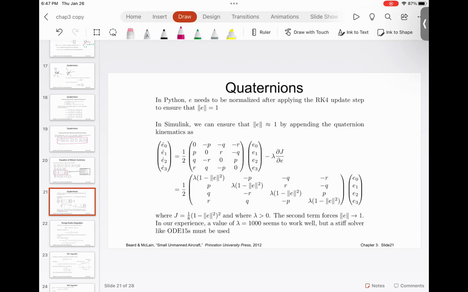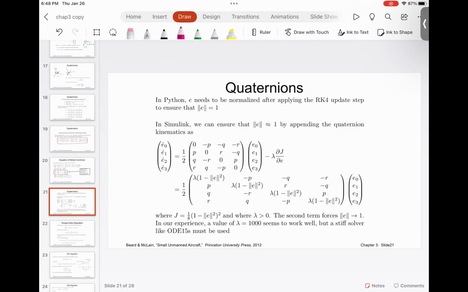Once you expand all that, this is super simple to implement in code. This equation will get appended by this term: lambda times (1 minus e0 squared plus e1 squared plus e2 squared plus e3 squared), and that term will get repeated along the diagonal where there are zeros. You choose the value of lambda, say 1000 or 100, and at every integration step,